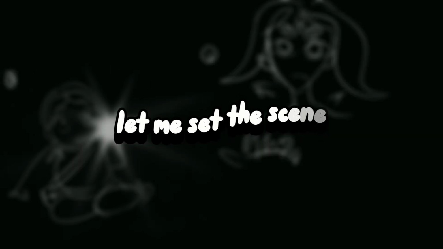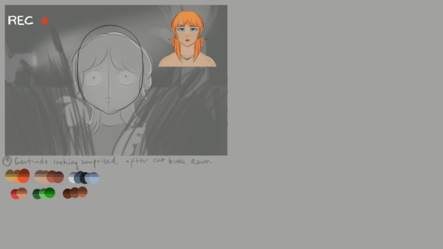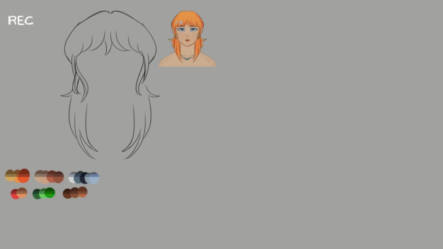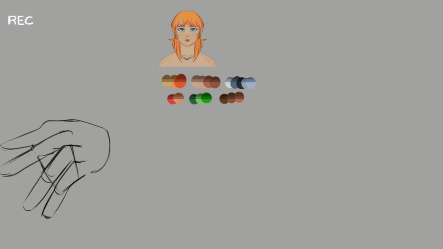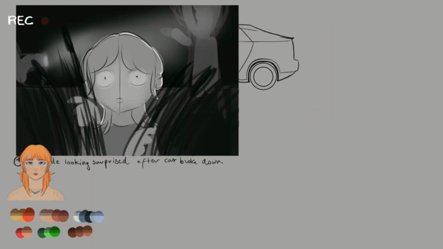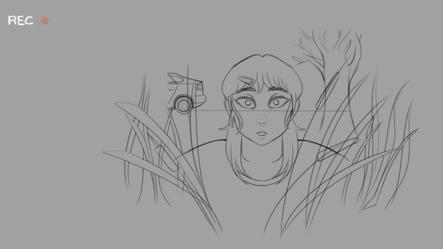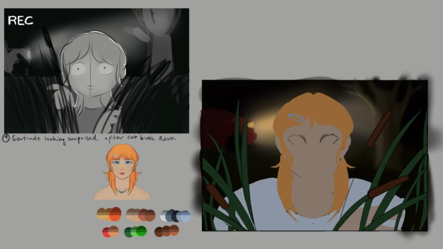So let me set the scene. It's already past midnight when Gertrude finishes her part-time job. This means that the road she usually takes back home is going to be covered in darkness and fog. She isn't all that happy with this circumstance, and she's even less happy when her old, rusty car breaks down in the middle of the road. She gets out of her vehicle, all angry and frustrated and also scared since it's the middle of the night, in the middle of a forest, when suddenly she hears a sound coming from a swamp right next to the road. She can't help herself.